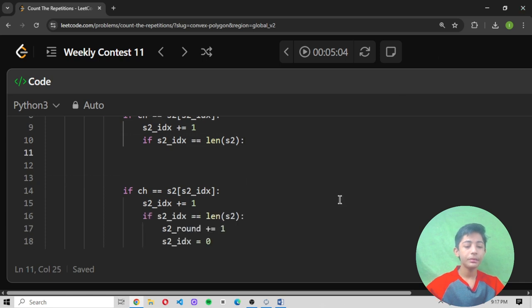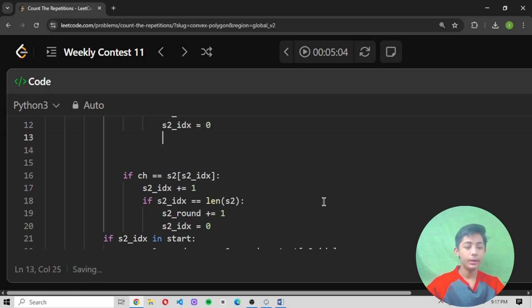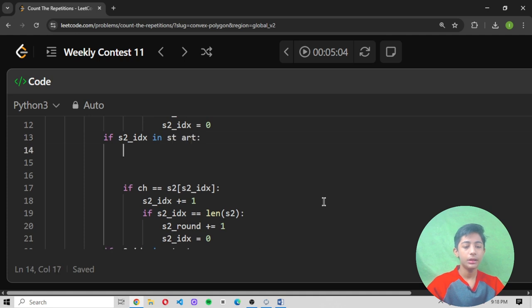Perfect. Now here I define h2 string one more time. Round plus equals to 1. Then h2 idx equals to 0. Enter. Backspace one time, two times and three times. If statement h2 string then idx in start, then